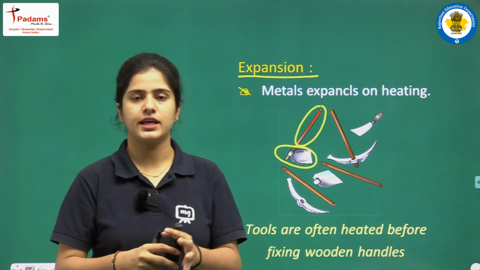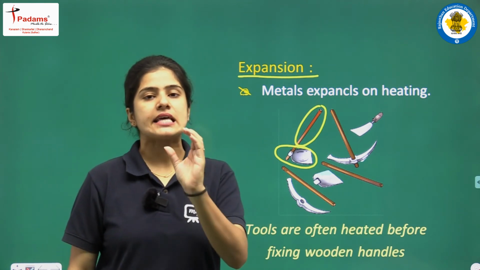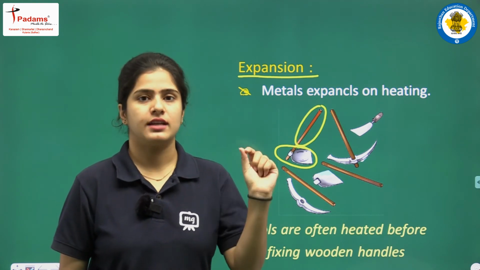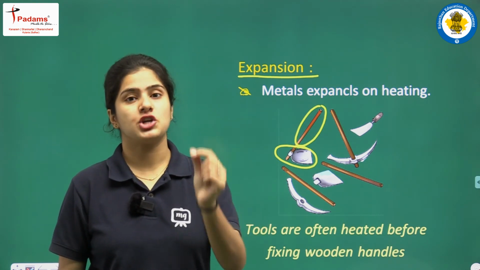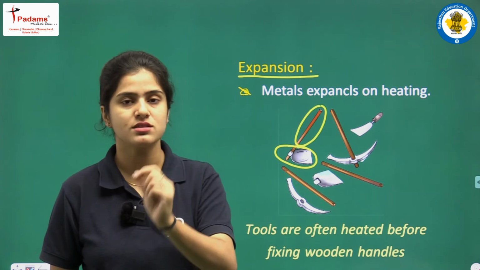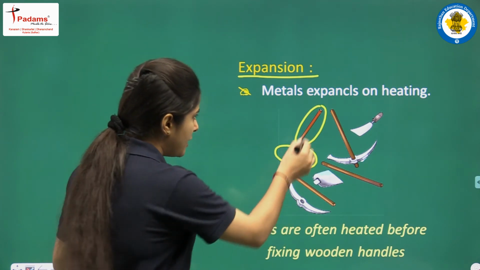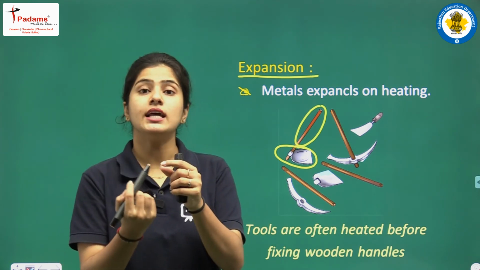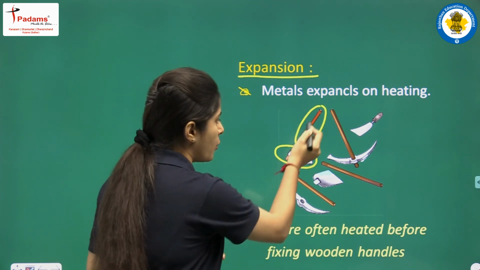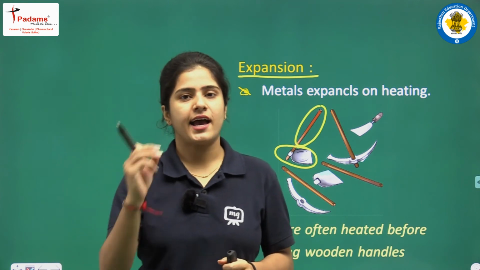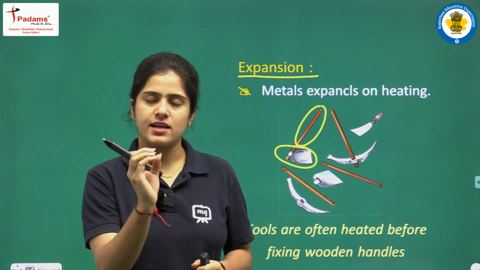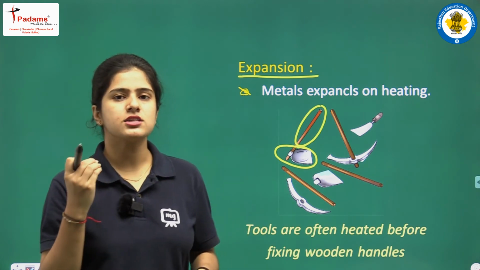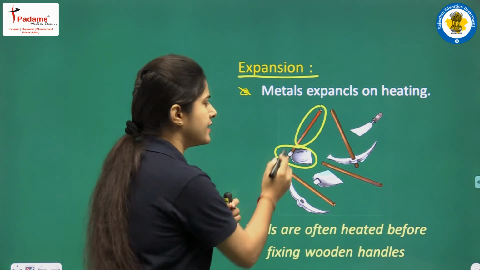Have a look here, okay students. Metals expand on heating, this is a fact. This change, like heating, is bringing the change of expansion, okay students. How? While we are making this, we have the ring smaller than the size of this wooden stand, okay. And if you are making the stand of the wood larger than the size of the ring, then you must be thinking how it is fitting in this.